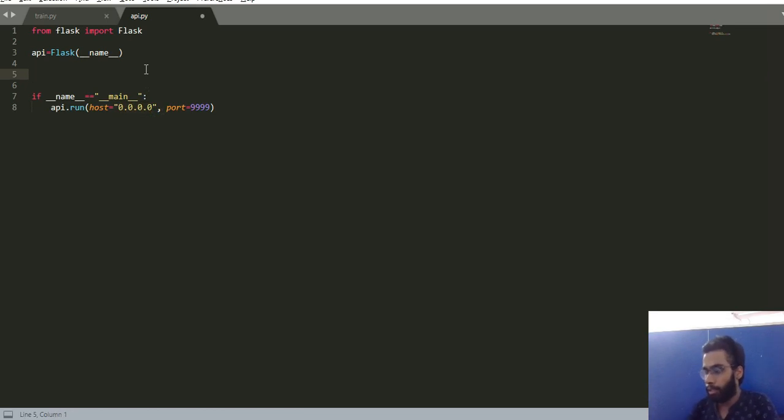Okay. Now, as I mentioned, I also need routes. For this API, I will define a route. Now, this route will be, let's say, score predictor. So I just want to predict the score for now. I won't create a cricket score predictor and other apps. You can go ahead and do that.